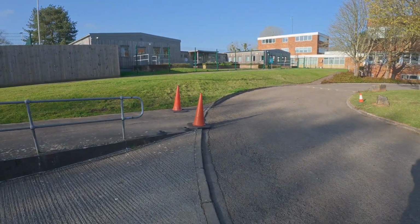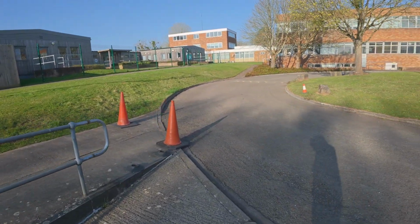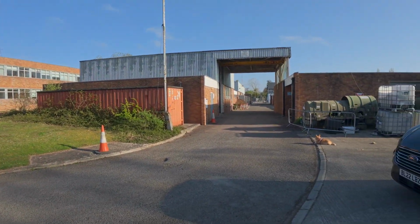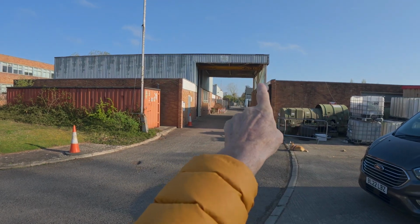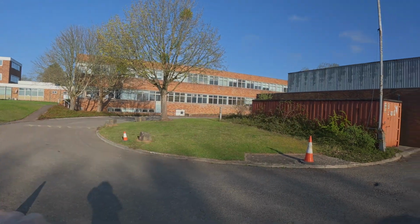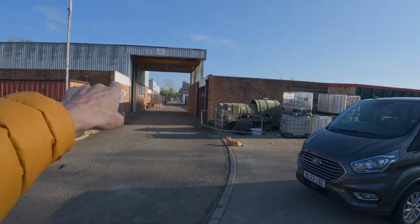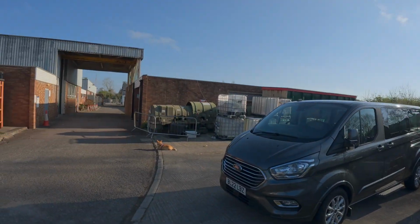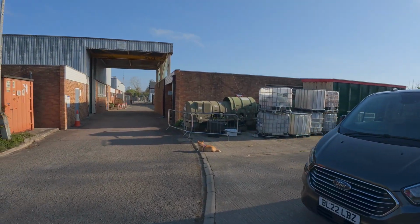Got quite a few people we know now, but it's very quiet at the minute because they're all gathering at the start, which is up that way, right in the distance. And then you go round in a loop, up round there, come round here, back up, across the top, round the car park behind there, right out to